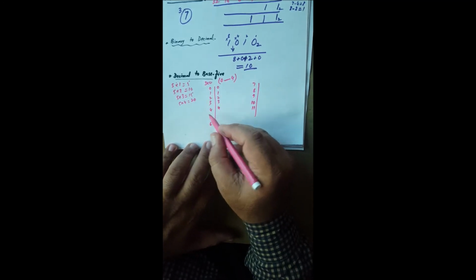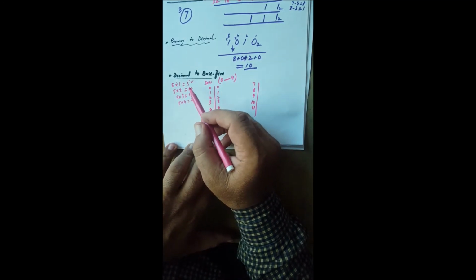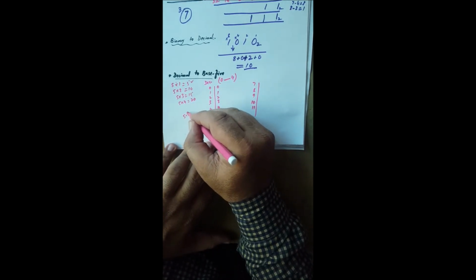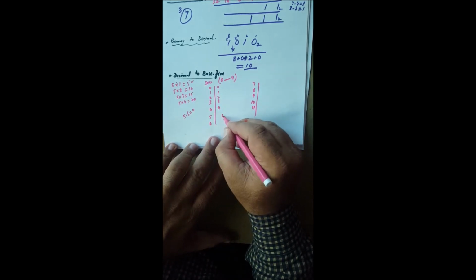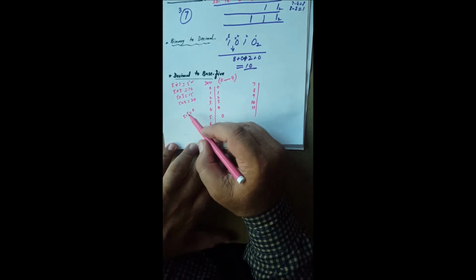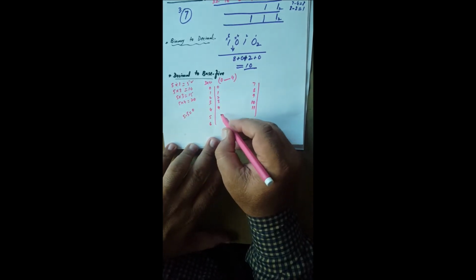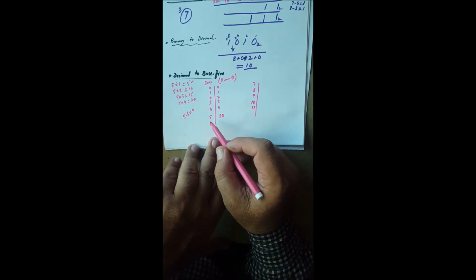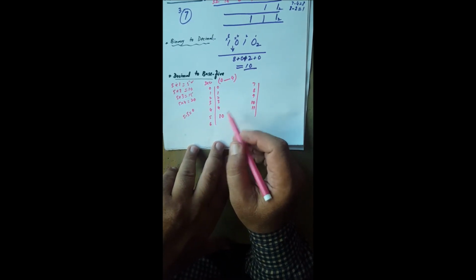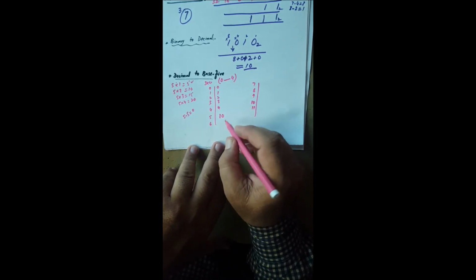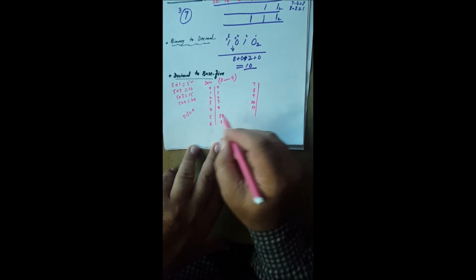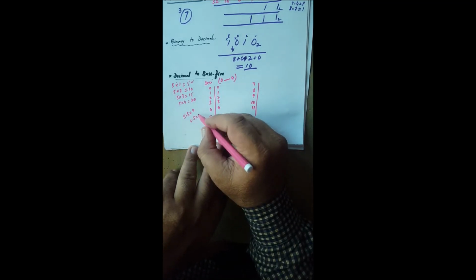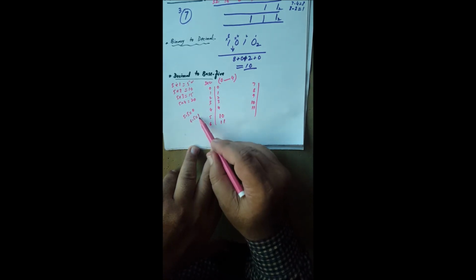We know that 5 ones are 5. According to the first number of the table, 5 ones are 5. Now we subtract: 5 minus 5 is equal to 0. In the unit place is 0, and since 5 ones are 5, we write 1 in the tens place. So the decimal number 5 is equal to 10 in base 5. Now the next number is 6. 6 means 6 minus 5, since one 5 is involved in it. 6 minus 5 is equal to 1. So we write 1 here and the remaining 1 is here.